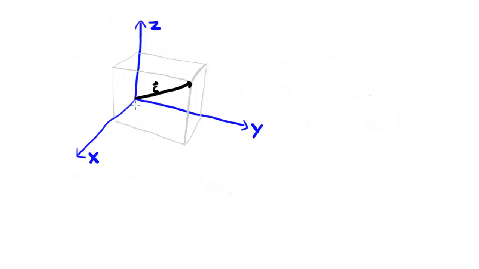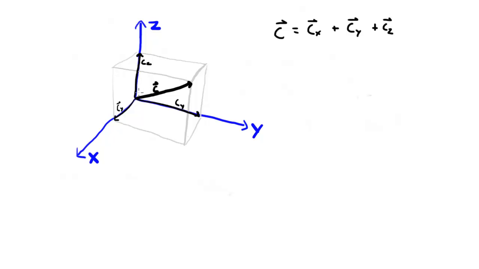Now we can go a step further and say, well, this vector C is actually the sum of a vector that points in the x direction, a vector that points in the y direction, and another vector that points in the z direction. So one way of representing vector C is to say vector C is Cx plus Cy plus